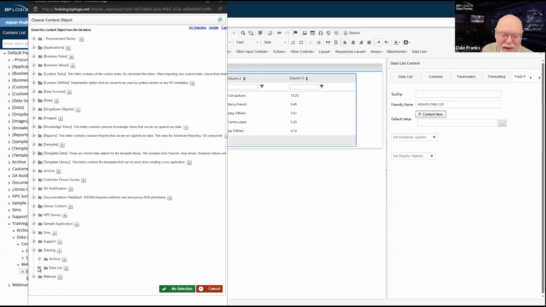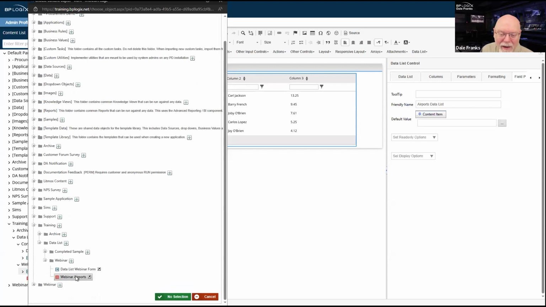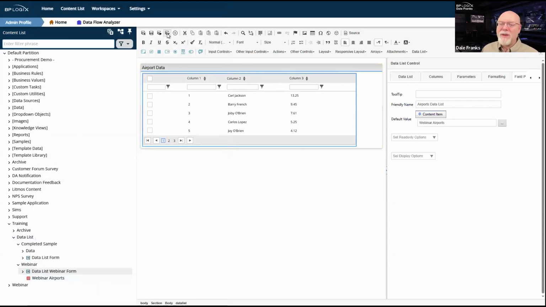It's training, data list, webinar, and webinar airports. That should be it. So now let's go ahead and try to give her another run. And once again, I'll have to cache the form before it displays since we're making changes to it.